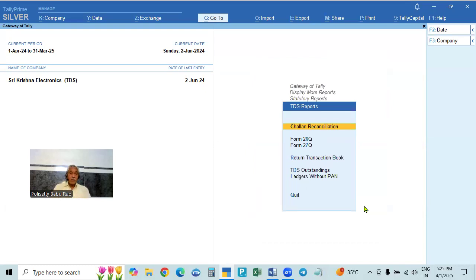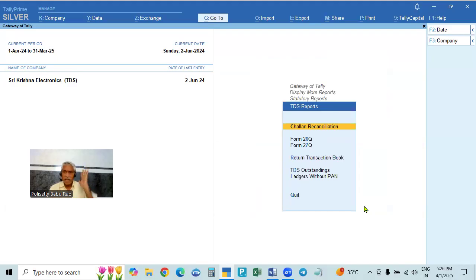For TDS, it will show the report for a quarter, because you have to file the return quarterly. Payment is made every month, but after the quarter only it will show that we have to file the return. 24Q is for salaries, for residents or non-residents.